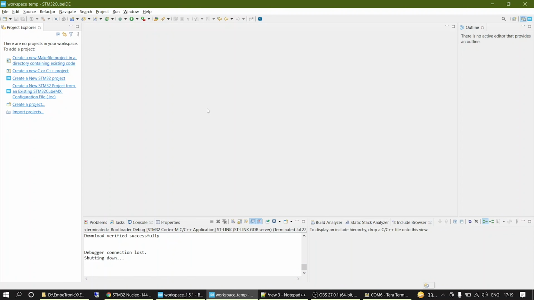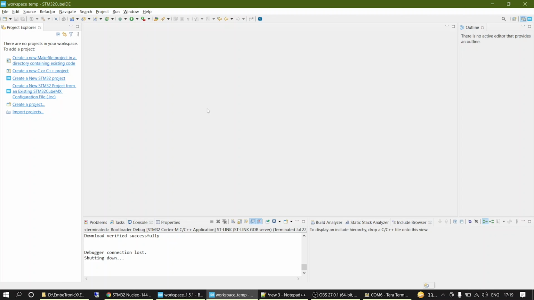Here we go. I am using the STM32CubeIDE for the development. Frankly speaking, I don't like this kind of IDE that automatically generates the code. I like to write everything from scratch, because only then can I learn properly. But as this is just a bootloader tutorial, we will let this IDE generate the code for us to save some time. But if you are implementing a bootloader for your project, then I suggest you do it without this auto-generated code. Okay, fine.